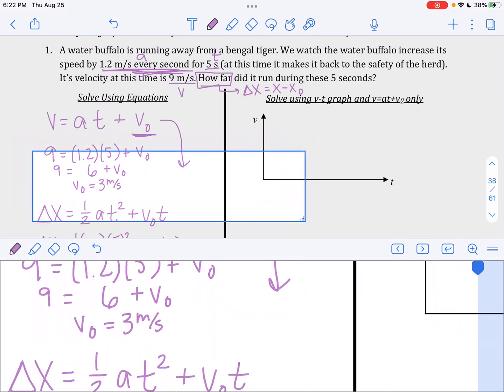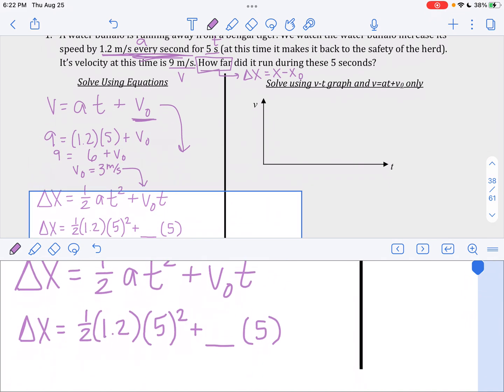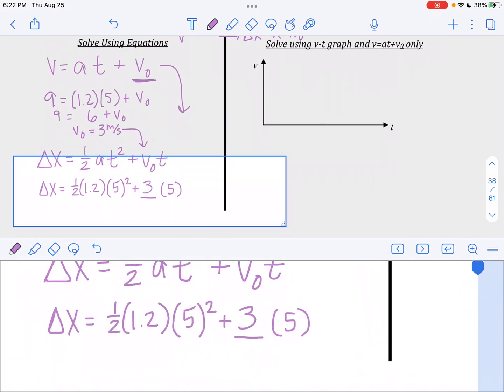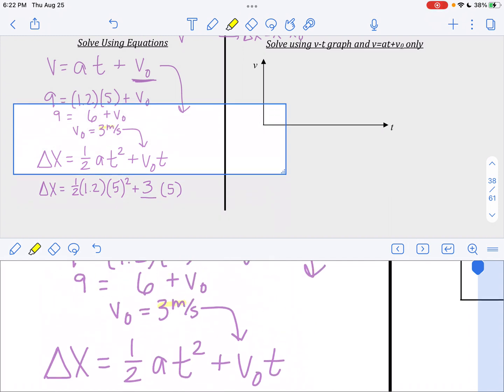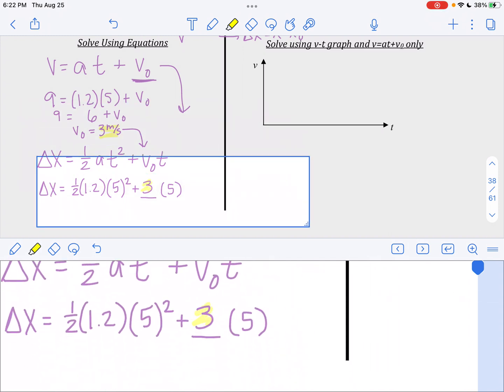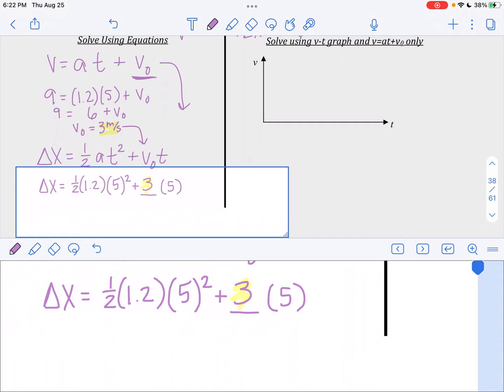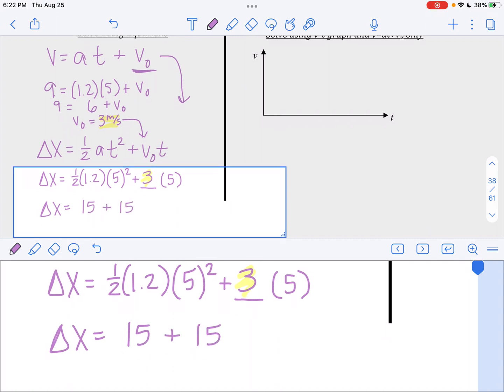Now I can plug this initial velocity into this equation. And I'm just using all the same quantities. And so now when I solve this, and I'm doing this very fast, but you can use your calculator, I get an answer of 30. But this is not complete because I need to add units. So this took